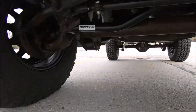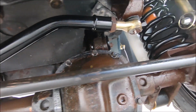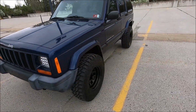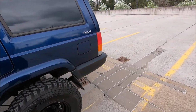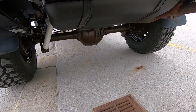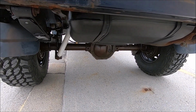Let's go to the front here, show you guys. You can see it kind of has that wet look. That's the fluid film right there. Because it is an oil-based or wax-based film, it's not going to look black like the rubberized stuff. I've heard that the rubberized undercoating isn't as good as fluid film, just because it can kind of trap the moisture underneath the film and then create more rust, and you won't even be able to see it. So pretty much all together for everything, it was $2,400 like I said in the beginning of this